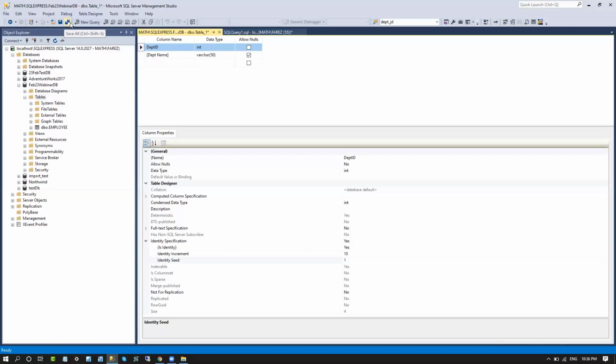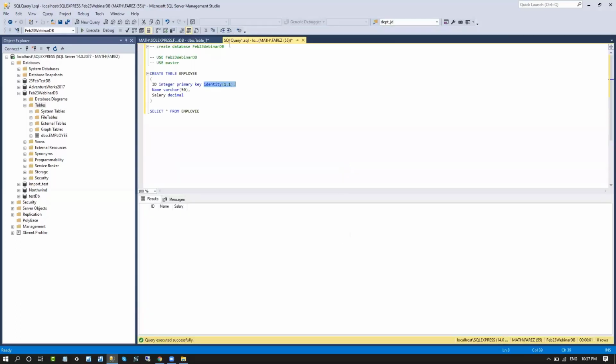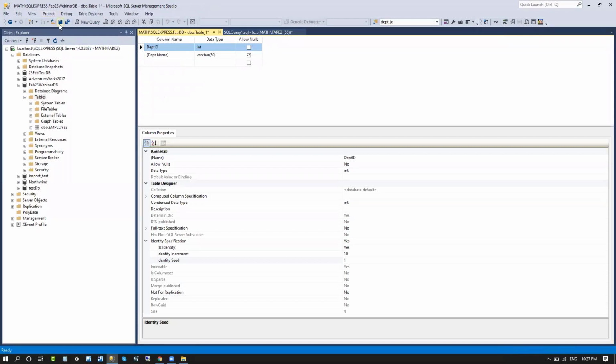You can use save all, but in that case you have to give a name to every open tab. So when you click on save all, you also have to give a name to this particular query window, this particular SQL file. I do not want to do that, so I just hit Control S or use this